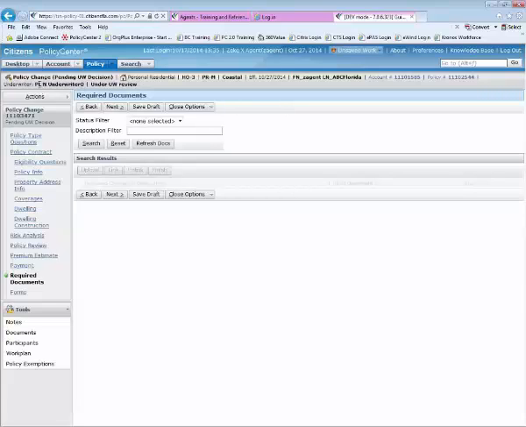And now you'll see that the status has changed to Policy Change Pending Underwriting Decision. And you'll see also that an underwriter has been assigned, and it's showing under Underwriting Review. So if I were to go back to the policy level here, I would see that there is now a